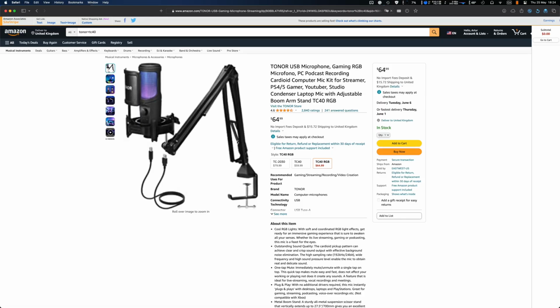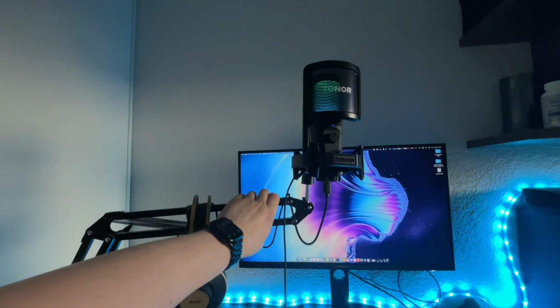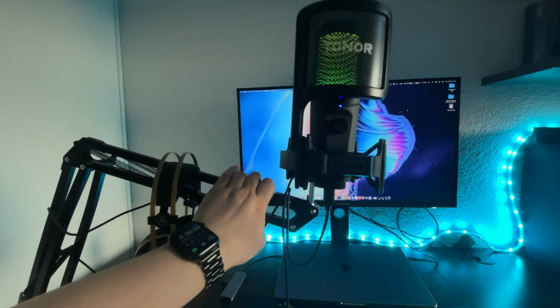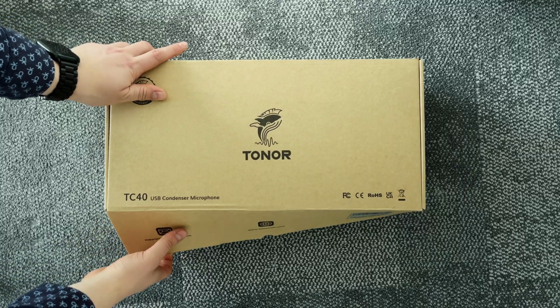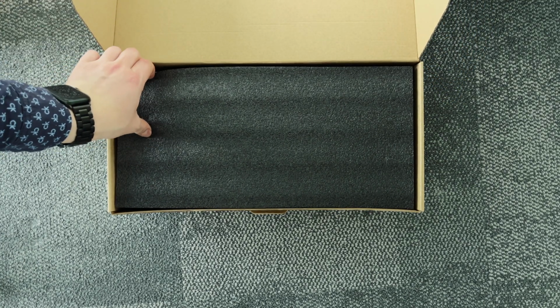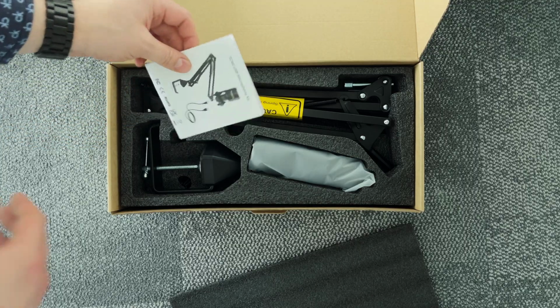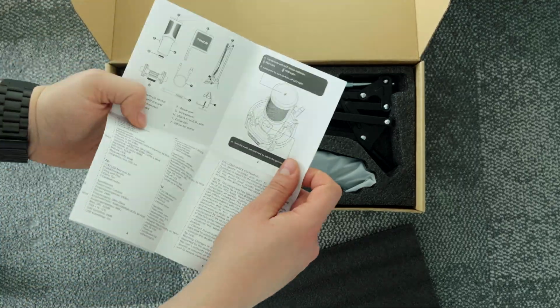You can buy this microphone on Amazon for around $65, which is really not expensive and I would even say affordable. So let's start with the unboxing. The package is really simple, but it contains not only the microphone but also a lot of useful accessories. Inside the box, you'll find the manual for both Windows and Mac computers,